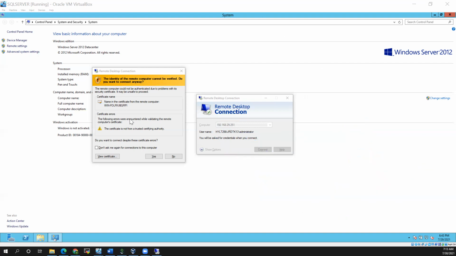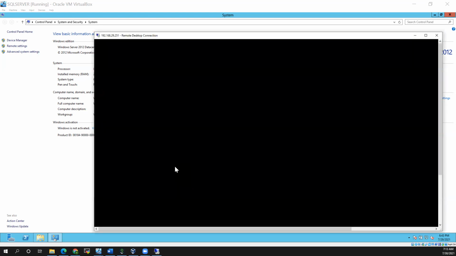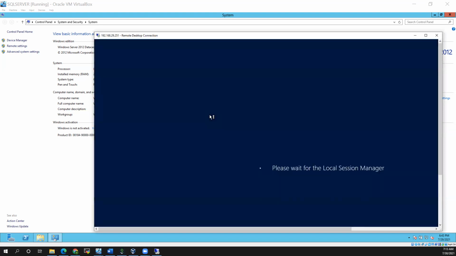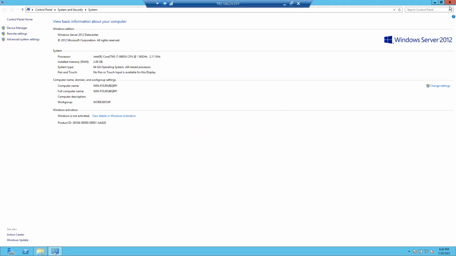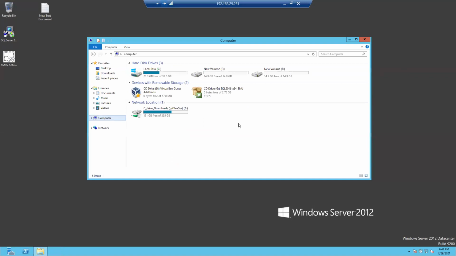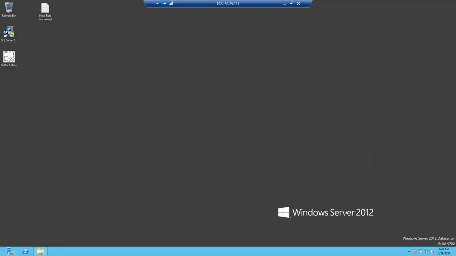So let's see, I am logging in to HT. This is our computer name slash admin. If I enter it, what has happened? You can see it, right? So this is how our server looks. In real time also, our servers look like this only. Here you need to install our SQL Servers.